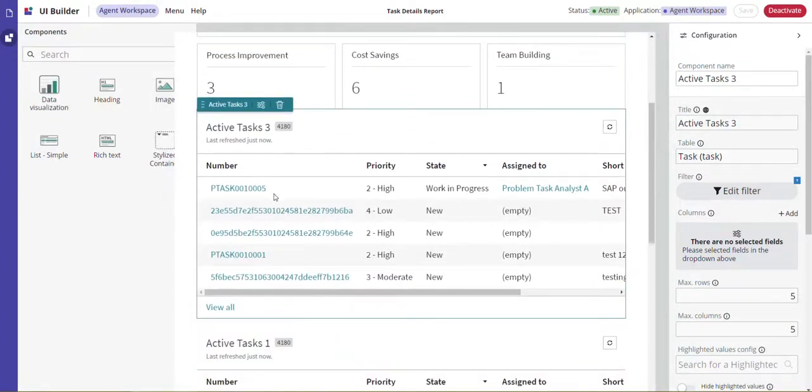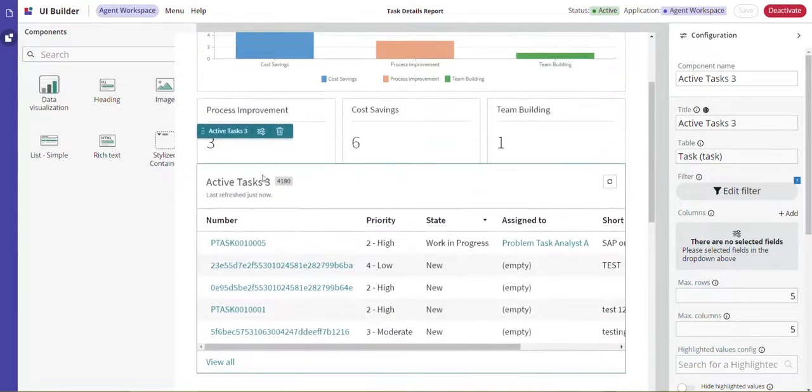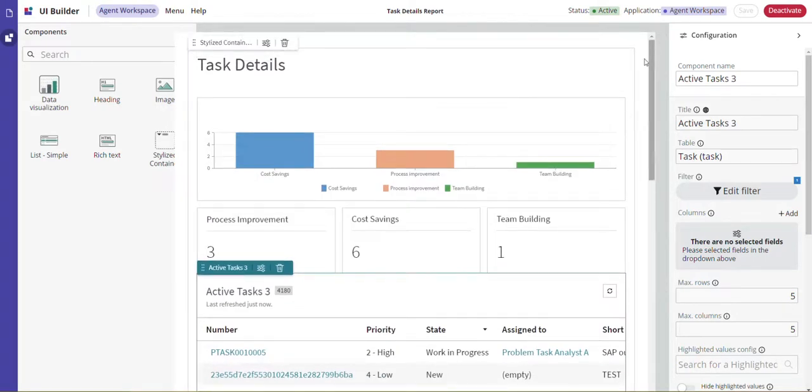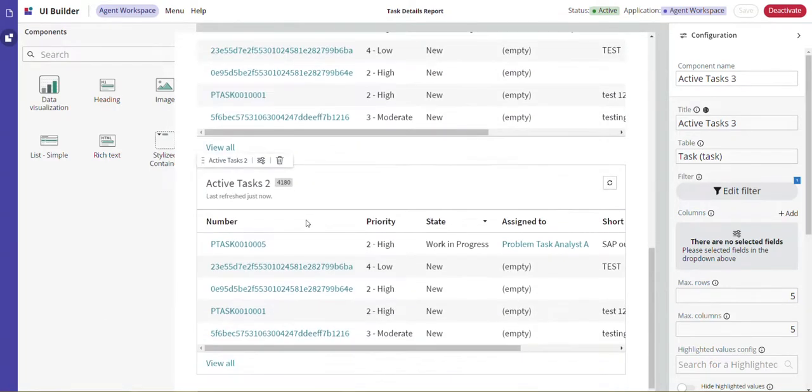Now the way to get these in order, one of the tricks here, is I don't want to move active task 1 up above it and then 2, because as soon as I move 1 up, then this scroll bar, then things will scroll off screen and I won't be able to fit 2 in between 1 and 3. So I better come down to the bottom. You have to work from the bottom up, basically. Come down, grab the handle like this,